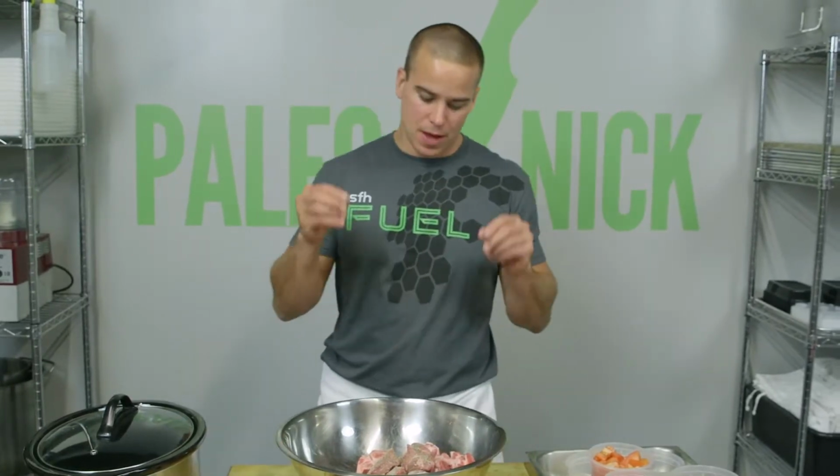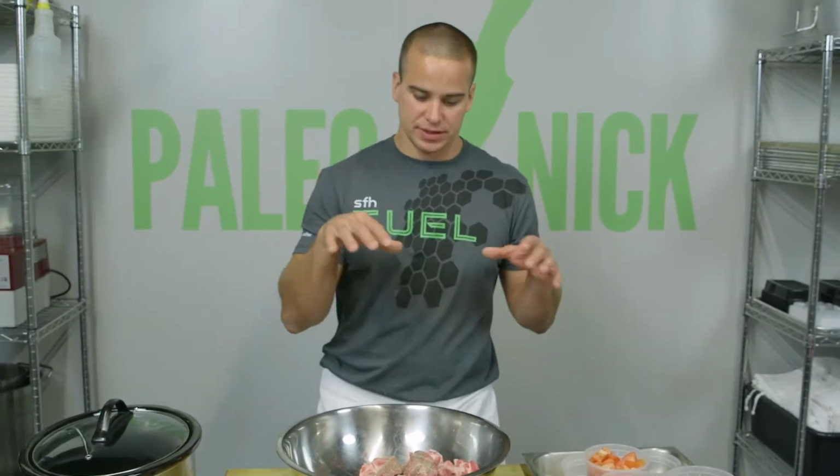It's always good to start by seasoning the meat because there's nothing worse than under-seasoned meat, but nothing better than a well-seasoned piece of meat. You guys following? If we add all these veggies in there and then try to guess the seasoning, it's probably not gonna come out right. So eyeball that, start with the meat, and then we're just gonna take all the veggies and throw them in